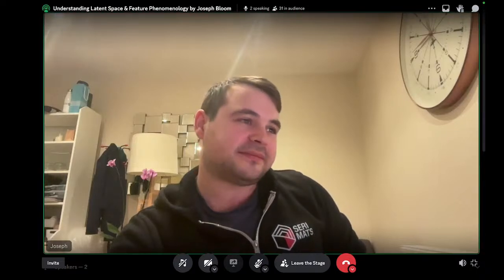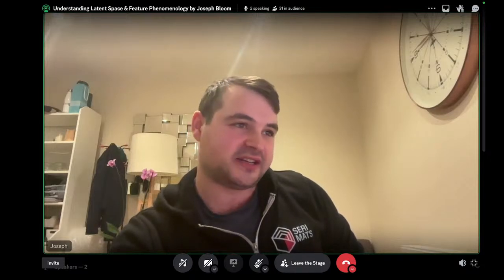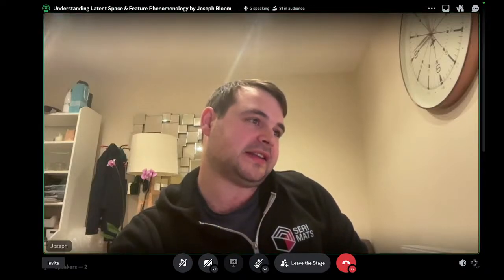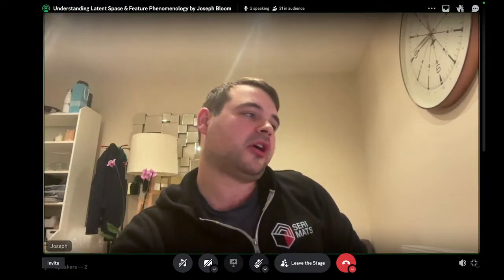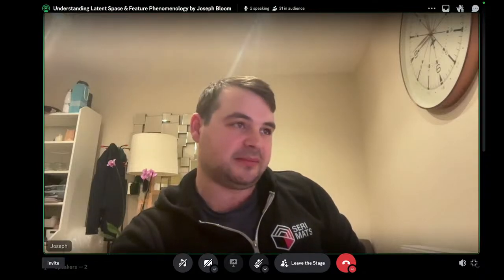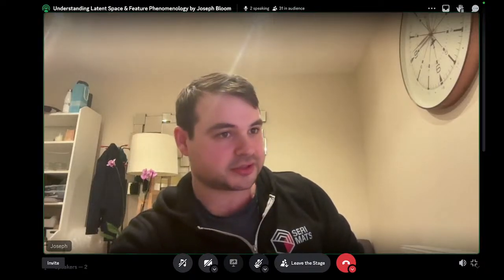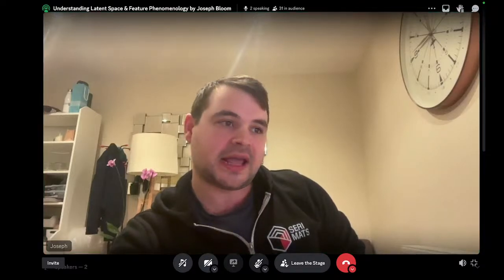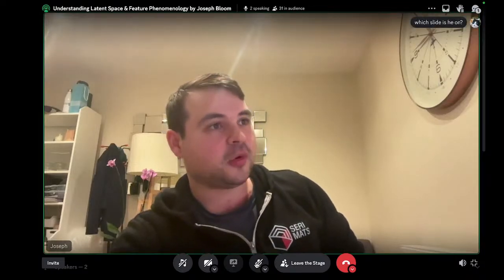All right, so we've got this question: what's this feature? What really is it? Well, we can see when it fires, we can see what tokens are promoted. And there's nothing here that tells you about its relationship to other features, but we will get to that. These distributions in blue and red are a histogram over tokens. The most promoted tokens are on the right here, and the most down-promoted tokens are on the left here. And there are actually very different distributions you can find in SAE latents, where if you look at their